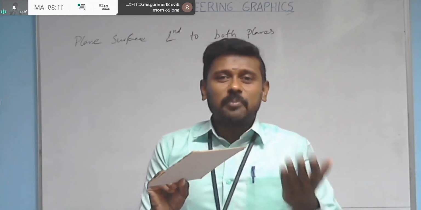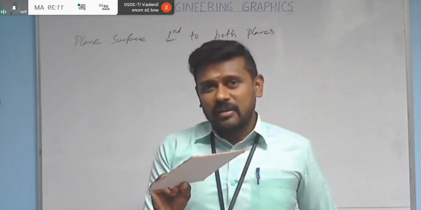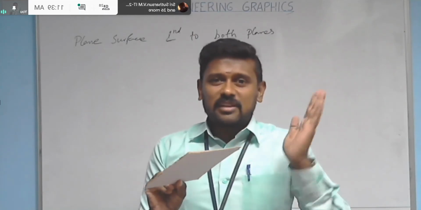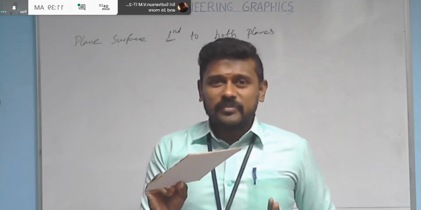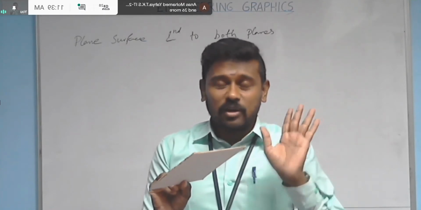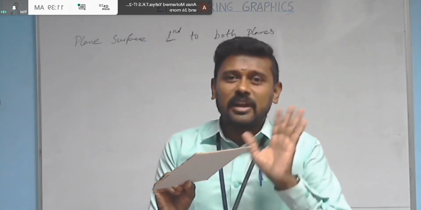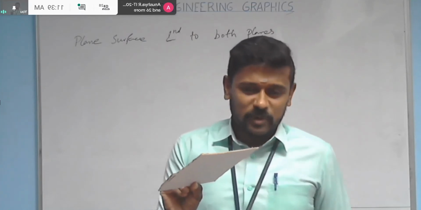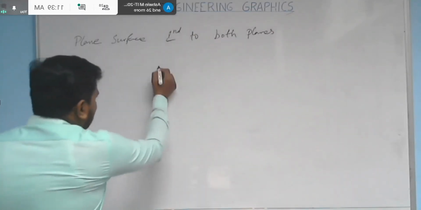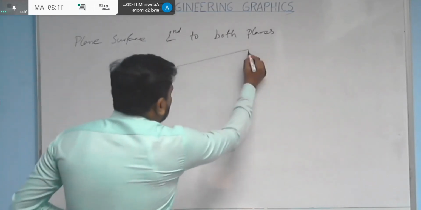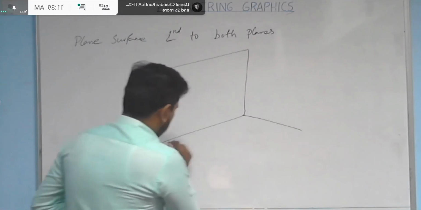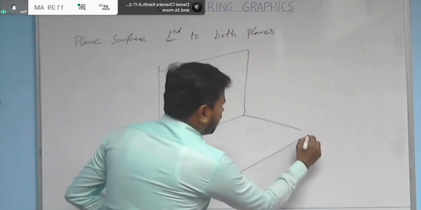If it is not parallel, automatically it becomes inclined. If it is not perpendicular, then we can say it is simply inclined to VP. It is inclined to VP and inclined to HP. In this way also you can make the planes. See. So in a 2D sketch I think it's somewhat hard to recognize. I will try.